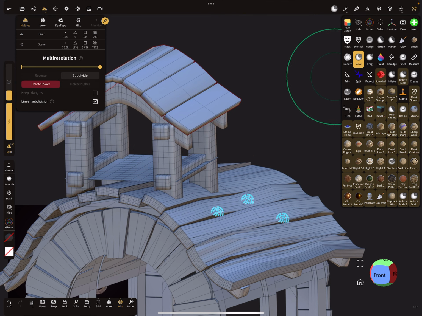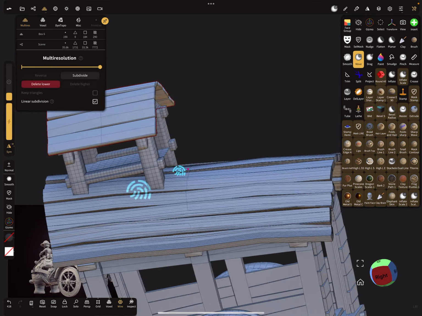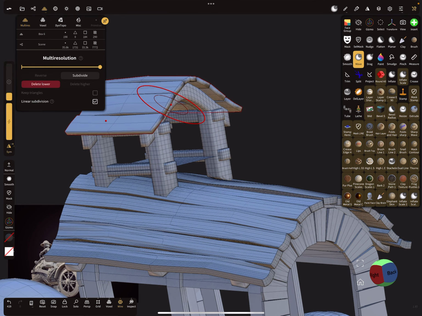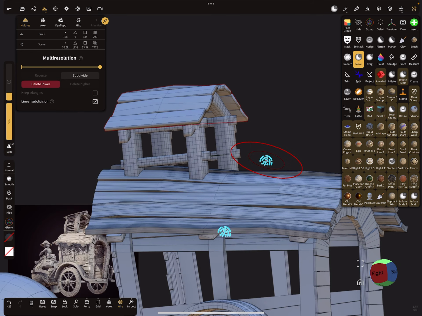Moving. Wrong mesh. Symmetry off. So it looks okay.